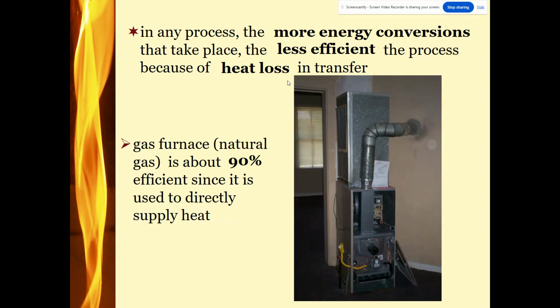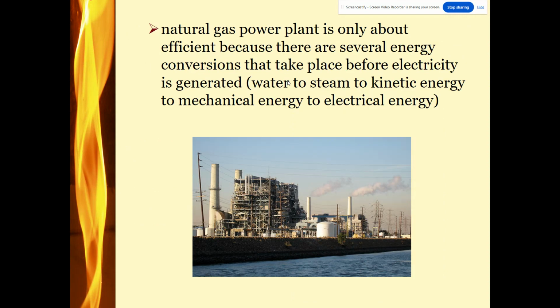Okay, so something that 100% converts its energy, or as close to 100 as we can get, is a furnace. It's about 90% efficient because that energy is mostly just going directly to heat, nothing else. There is some light, some sound that comes off. That's where some of the energy is lost. But that is a much higher efficiency compared to something like a natural gas power plant, which is only 37% efficient, because we're